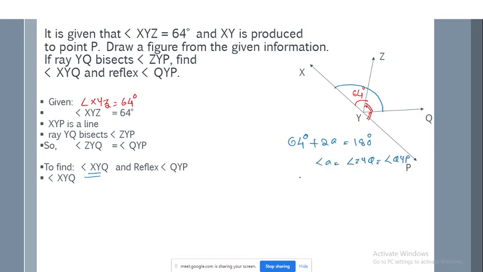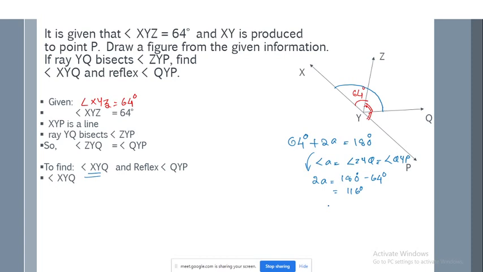So 2A is equal to 180 minus 64, ma'am. What is the answer? 116, ma'am. Okay, 2A is equal to 116 degrees. A is equal to then? 116 by 2, that is 58 degrees, ma'am. So you got angle A to be 58 degrees. So this and this are angle A.